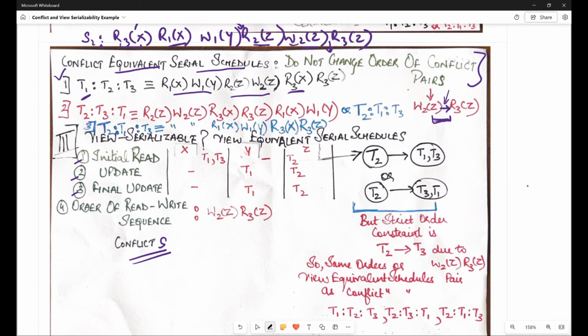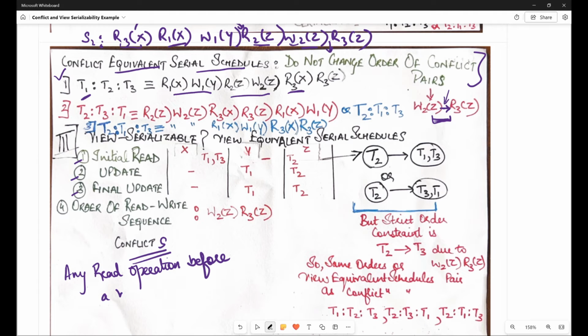So let's start. We have the schedule over here, and we'll look for initial read. Now what is an initial read? An initial read is when a transaction performs a read operation before the item has been updated by any other transaction. In simple language, any read operation